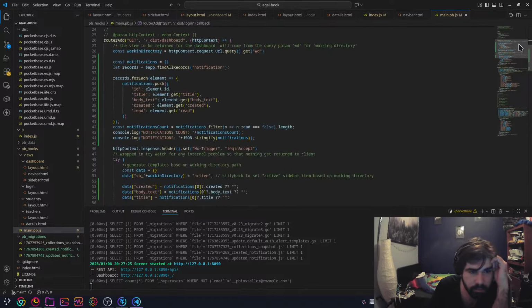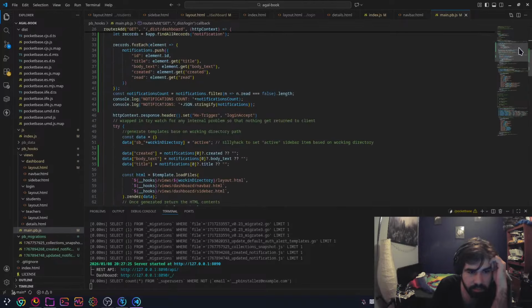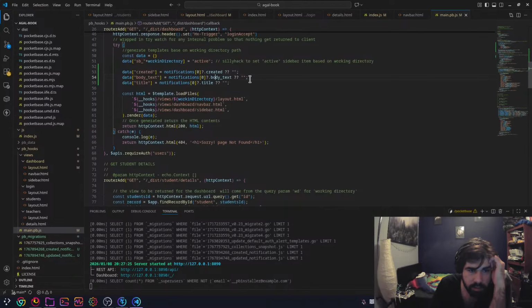So now we have the rich text. We are doing HTTP contacts HTML with this. Template load files.